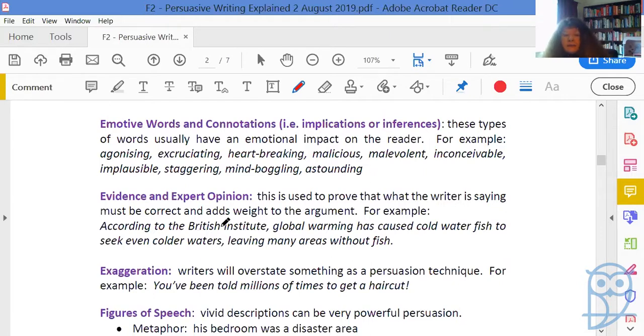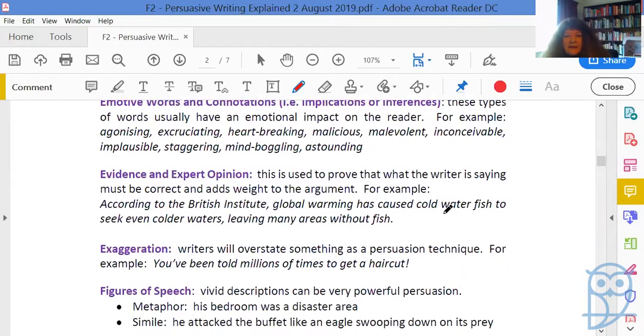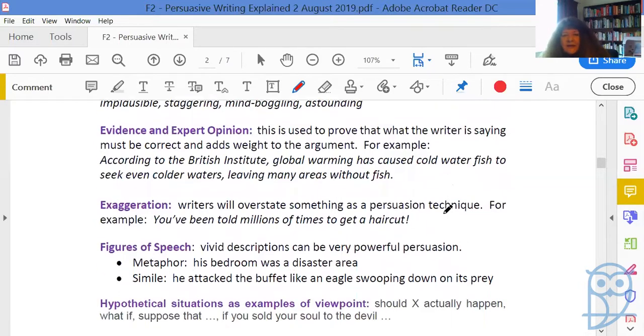Excuse me, and that's what you should be using as part of your argument, part of your persuasion. Right. Yes. No wonder it makes you feel sad. Right. The next thing,